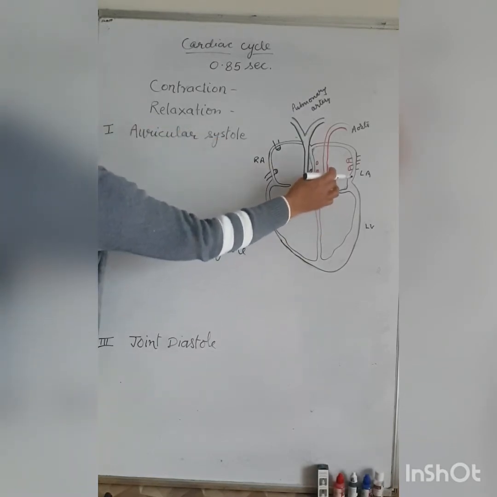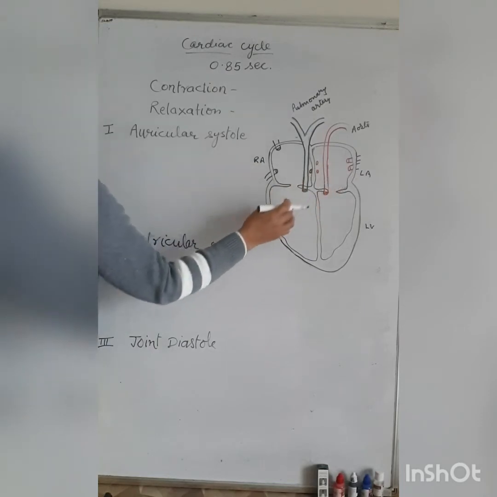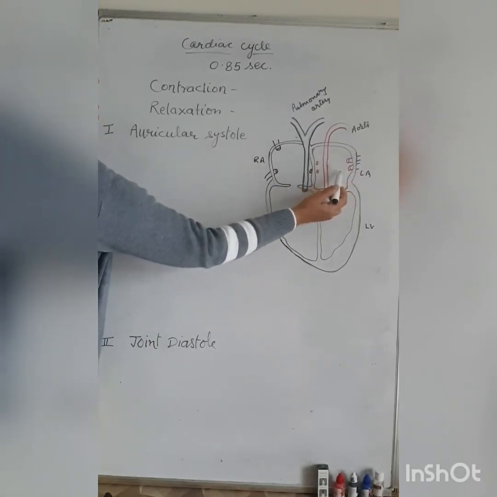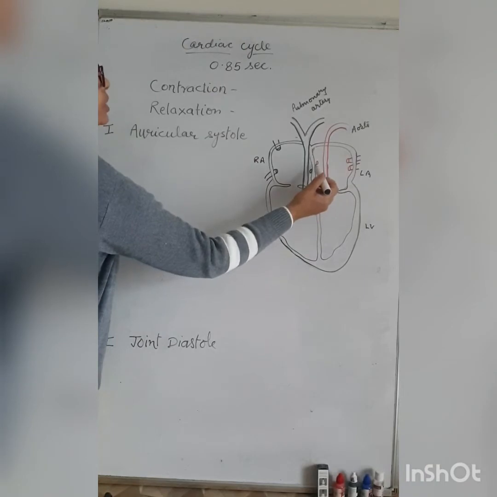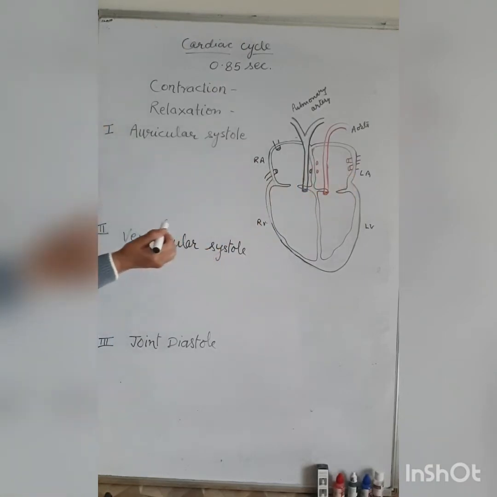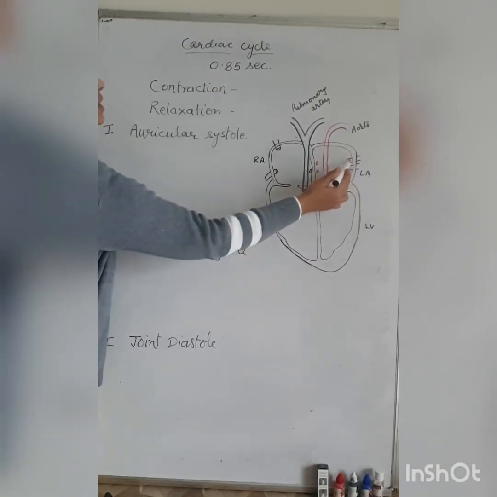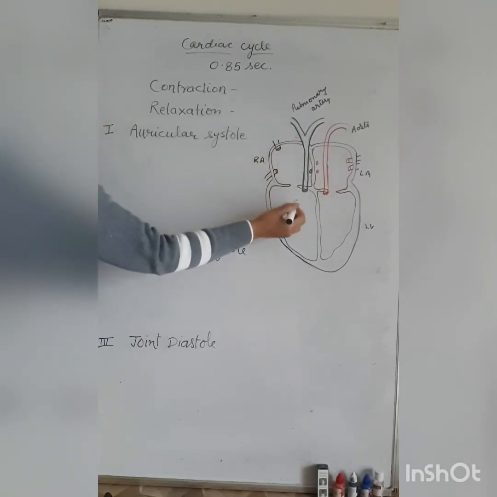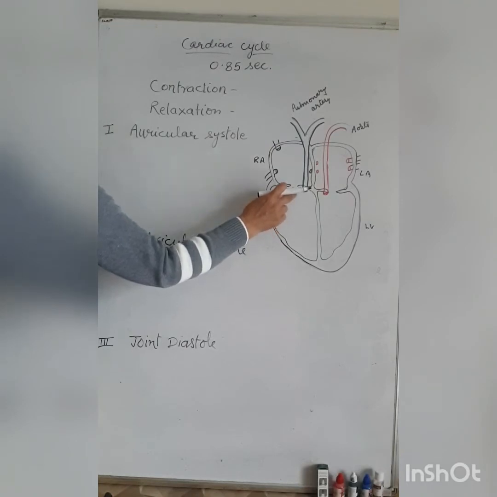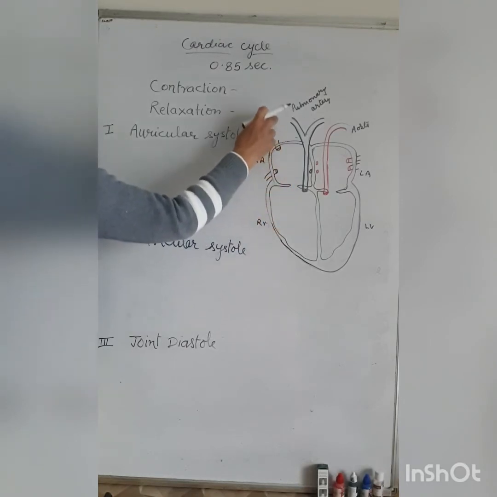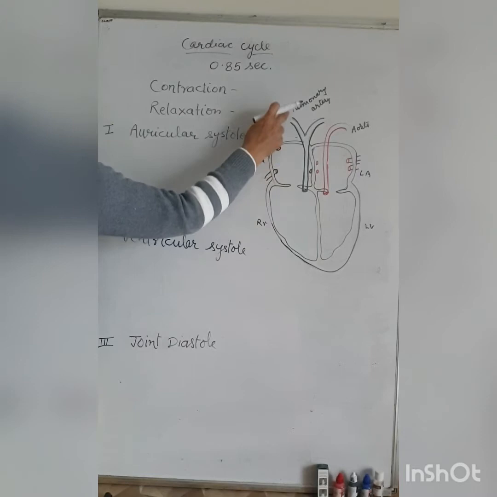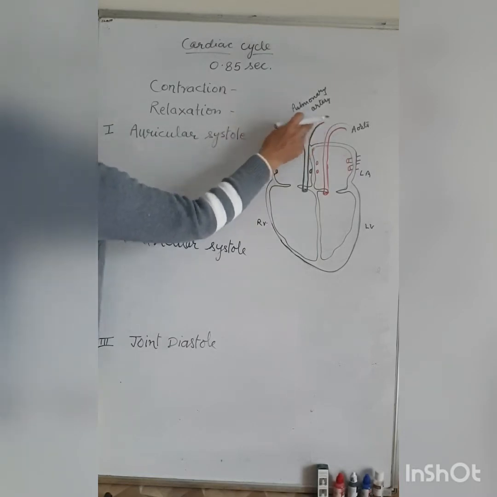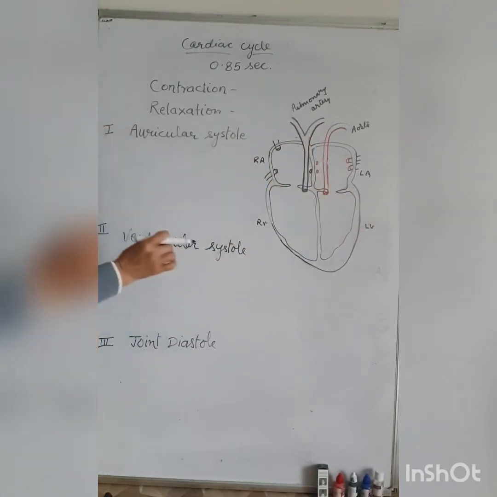And the left auricle receives the blood from the lungs. These are the pulmonary veins. The two pulmonary veins bring the oxygenated blood into the left atrium. The blood vessel that carries the blood from the right ventricle to the lungs is the pulmonary artery. The two lungs are there, so each pulmonary artery carries the blood to the respective lung.